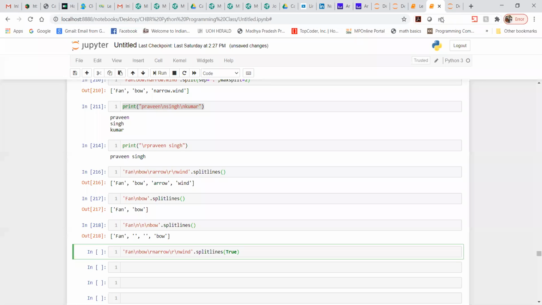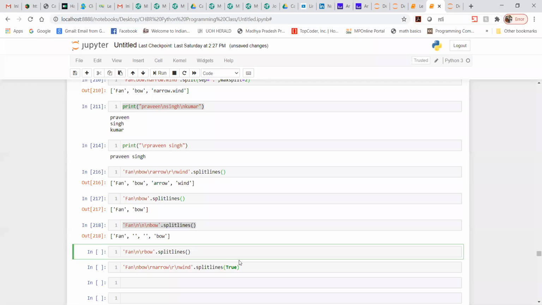One of you has asked a doubt, or maybe a question: if we write backslash n and backslash r and bow, then what would be the output? The output would be the same. So this is what you are asking, I guess. Let me write it here, the one you have asked, if I'm not mistaken.